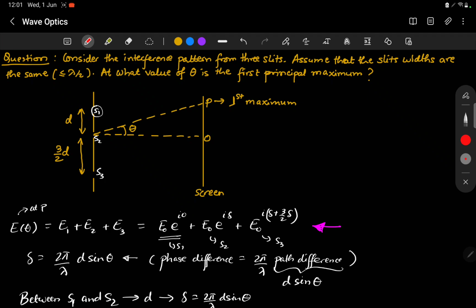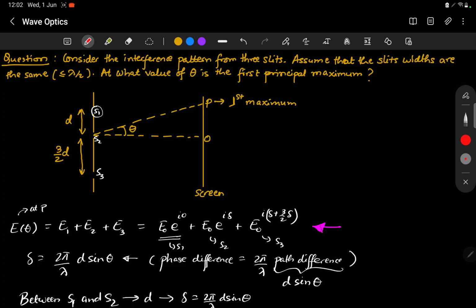So how did we solve this question? We had found out the electric field contribution at an angle theta. This would be the sum of electric field components from the slits S1, S2 and S3. So E1, E2, E3 are electric fields from the slits S1, S2 and S3. And then we had considered the reference slit as S1. So the field coming from this slit, we will consider as having the reference phase of 0. Then between S1 and S2, there will be a phase difference of delta, corresponding to the spacing D. So delta is equal to 2 pi by lambda D sine theta. The phase difference is 2 pi by lambda times the path difference,